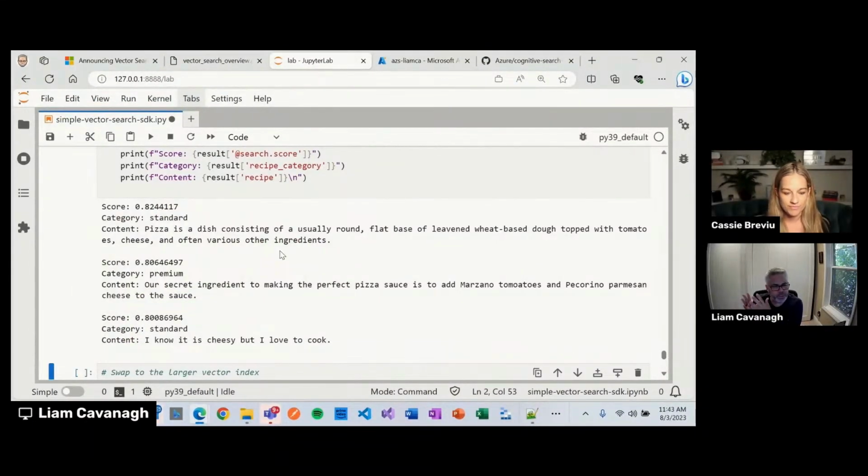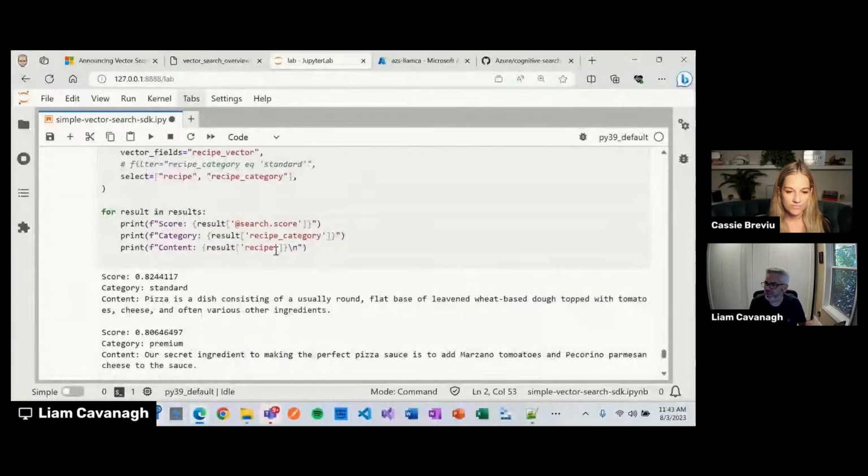So as you can see here, we got this result that came back, but sometimes it's important to be able to adjust the categories based on what's important to you. Maybe if I'm going to a jewelry store, I might want to filter based on whether it's a necklace or a bracelet. Or in this case, I have categories of standard content and premium content. Maybe I found a great match, but I only want to bring back content that was standard.